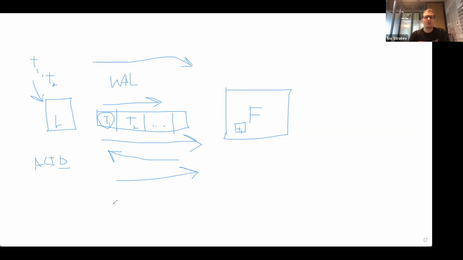Of course, why do we need this? Well, as I said, we need this either to be able to also serve read queries from followers if we are dealing with strong consistency, or to just have a copy of the data if the leader node crashes and we need another node to fall back on and take on the queries, basically to achieve high availability. Okay, so we can now go back to the slides.